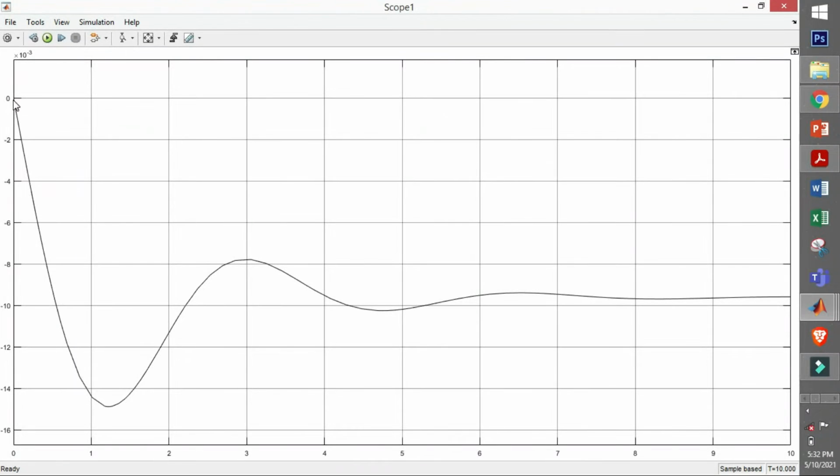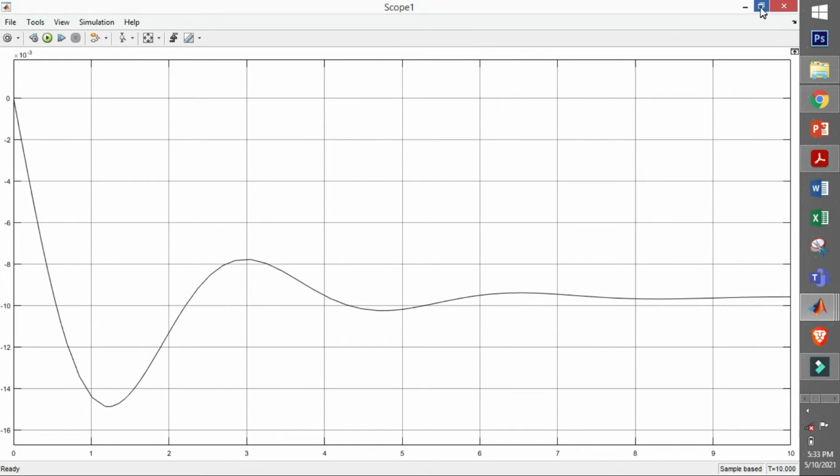Here you can see initially the deviation in the frequency was 0. It means if the frequency of the power system is at 50 hertz or 60 hertz, it will stay there. But at time t equals 0, where the x-axis is the time axis, a deviation of 0.2 means 20% load is increased in the system. So our frequency started to drop, and it is dropping, oscillating and then settling at some point.